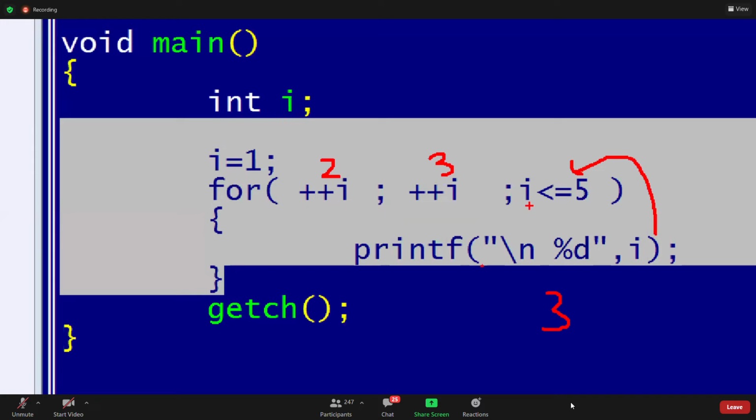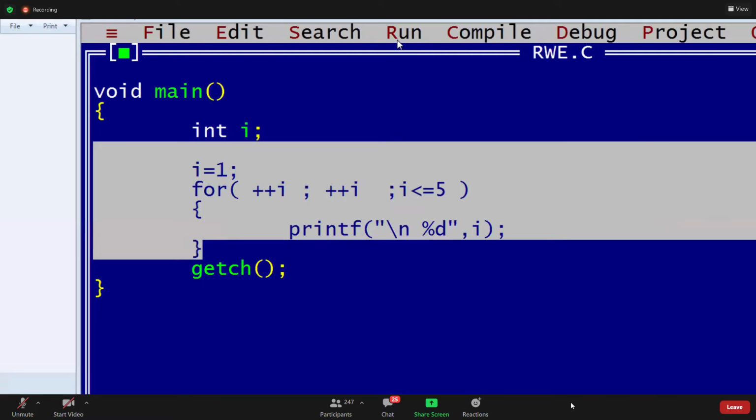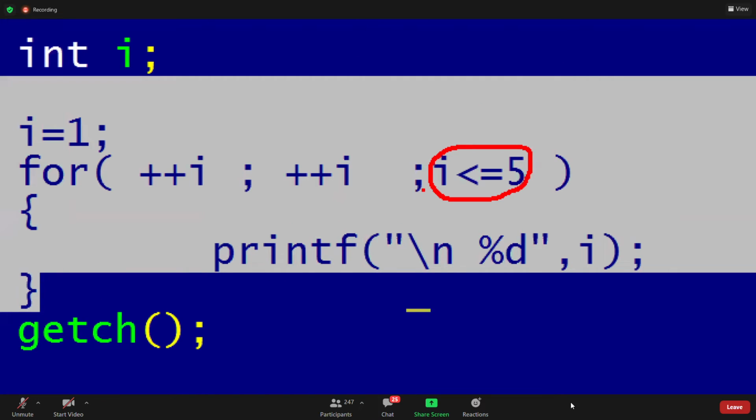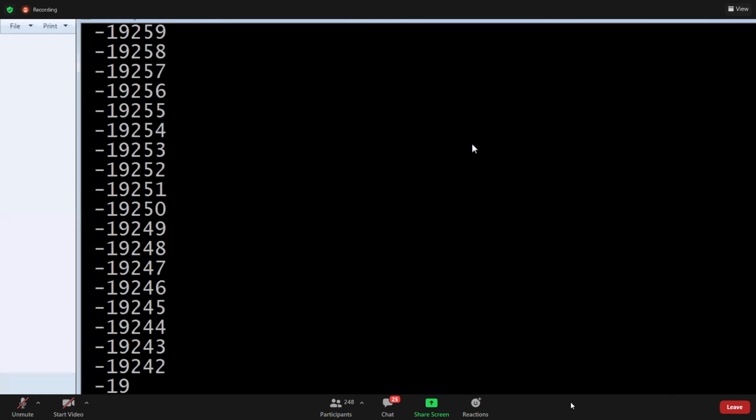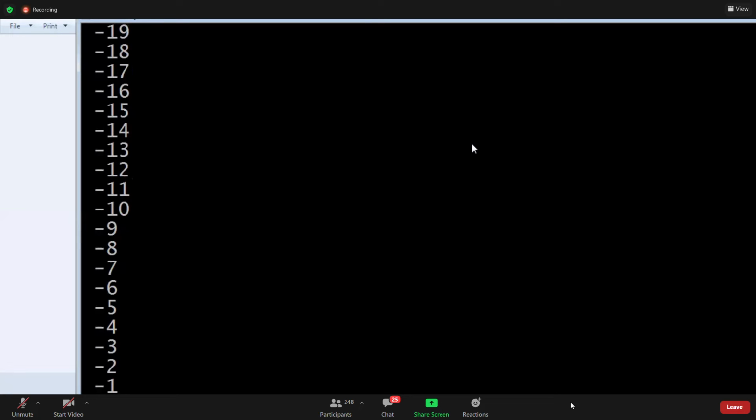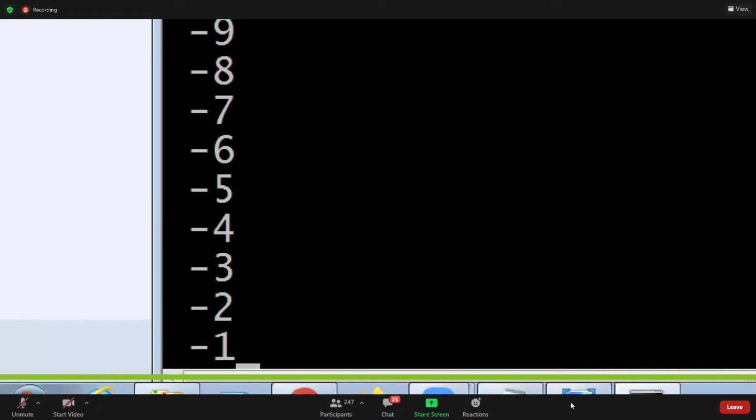But i less than or equal to 5, it won't check the condition here. Okay, now here only it checks the condition. ++i gives 4. 4 means true. 4 will be printed. 5, 6. Now what does it mean, guys? 3, 4, 5, 6. Whenever it reaches 0, it stops. This statement is called a dummy statement. Dummy. Okay? No use of those statements, guys. Whenever it reaches 0, it stops the loop. Now it reached 0, and stopped this loop.